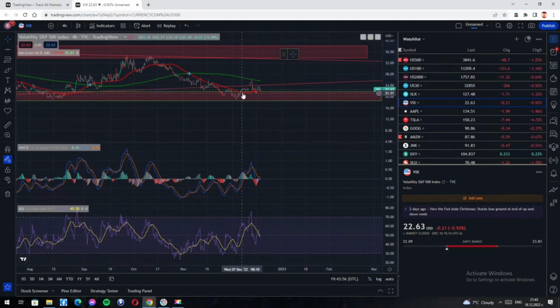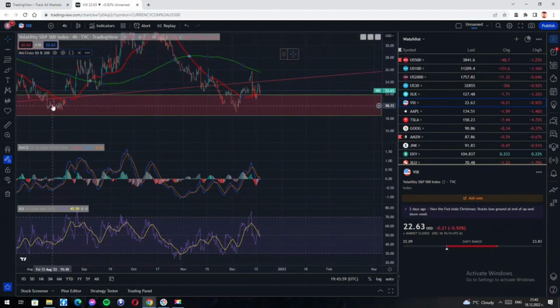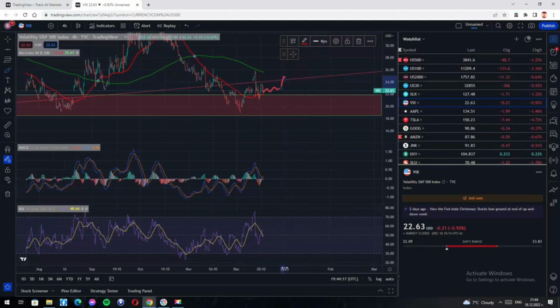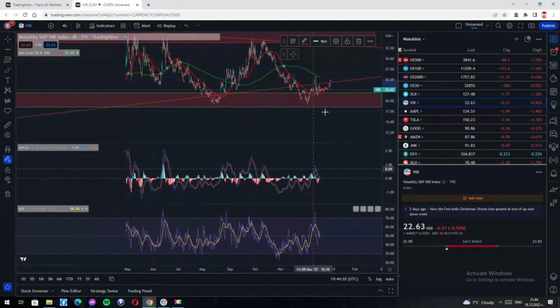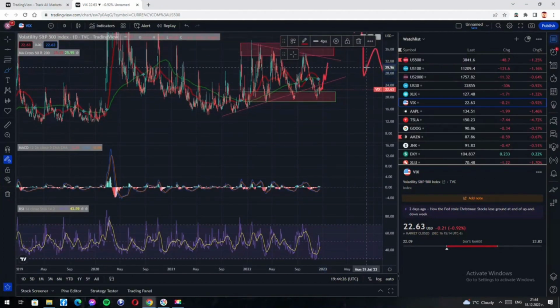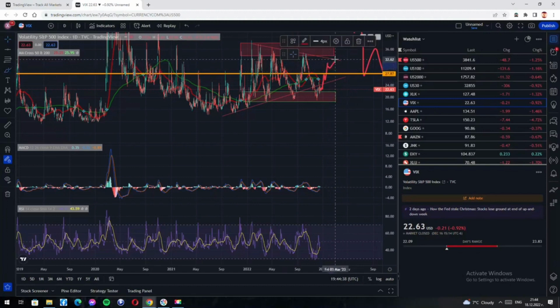In my opinion, what will happen with the VIX during the next trading week is something around like this. First, on Monday and Tuesday, as we've discussed previously, the S&P will be getting higher, so I believe the VIX will be trading sideways, when on Wednesday we will get a bullish move, which will move us above this trend line. After we've moved above this trend line, I believe that we'll be getting another explosive move, which will take us somewhere around here. I believe that the VIX will end the week right around 27, and during the next week I believe we will get higher and higher.